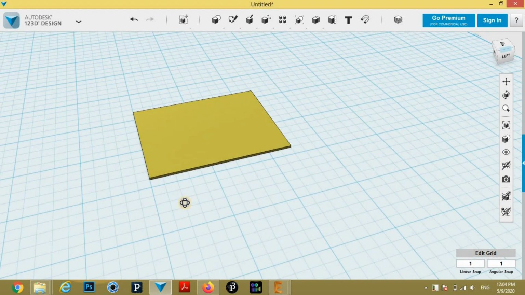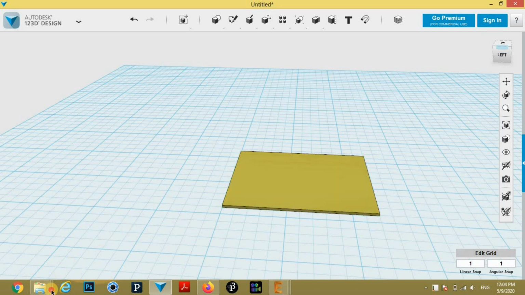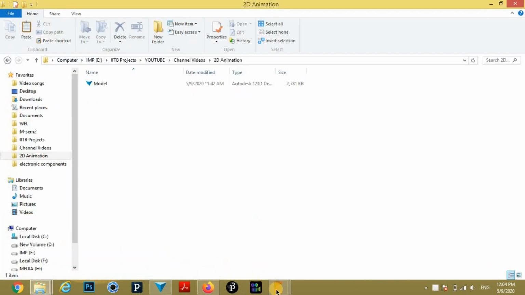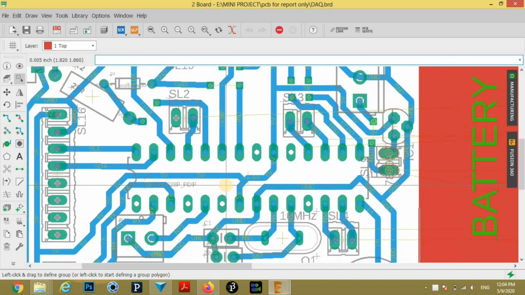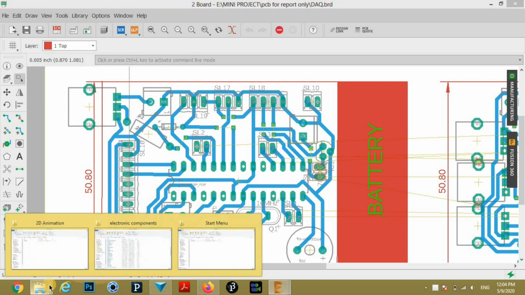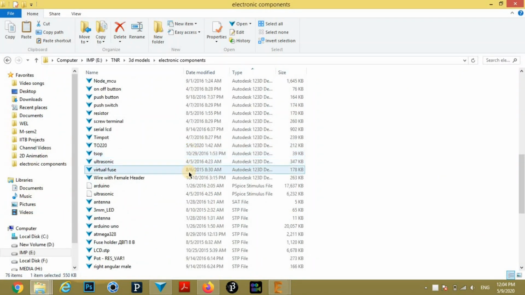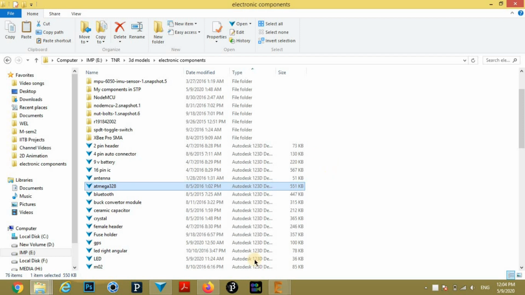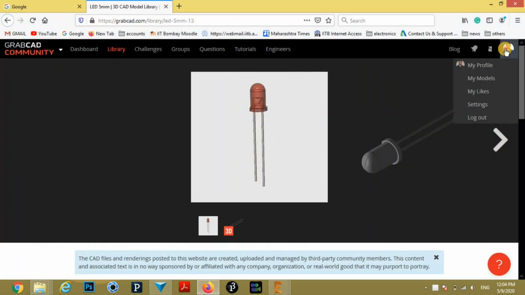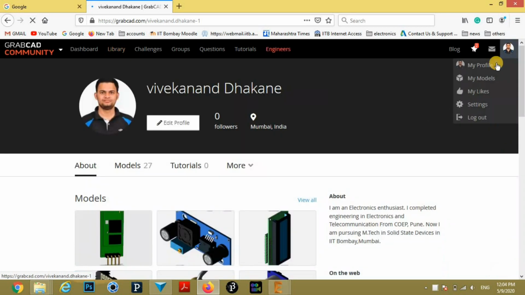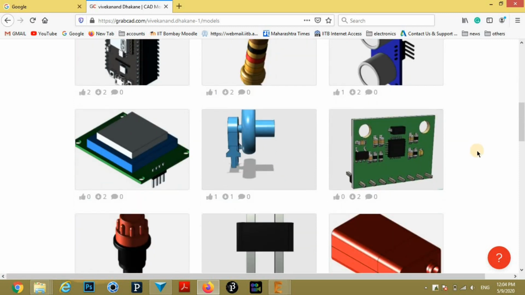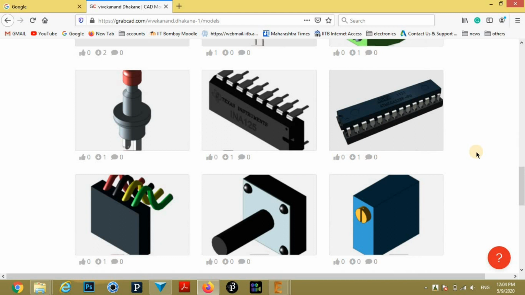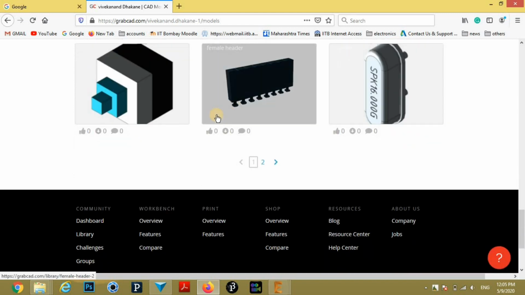Now we want to place Atmega 328 IC on the PCB. You can download these components from my GrabCAD account. Here you can find all components which I used in this project, or which we generally use in any electronic project.